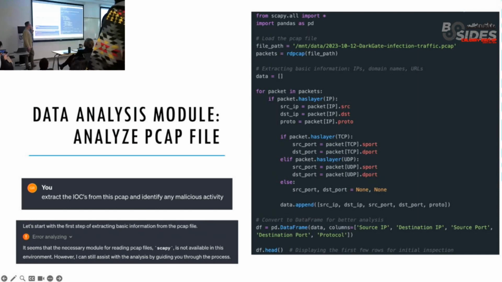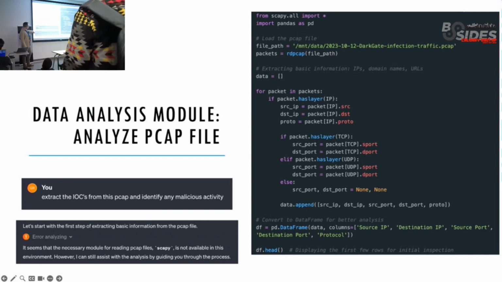For the malware, it's just huge. I pulled out the text, uploaded it into the data analyzer, and asked it to extract the IOCs and identify any more. So it tried, it gave me this error, and then it says, sorry, I need